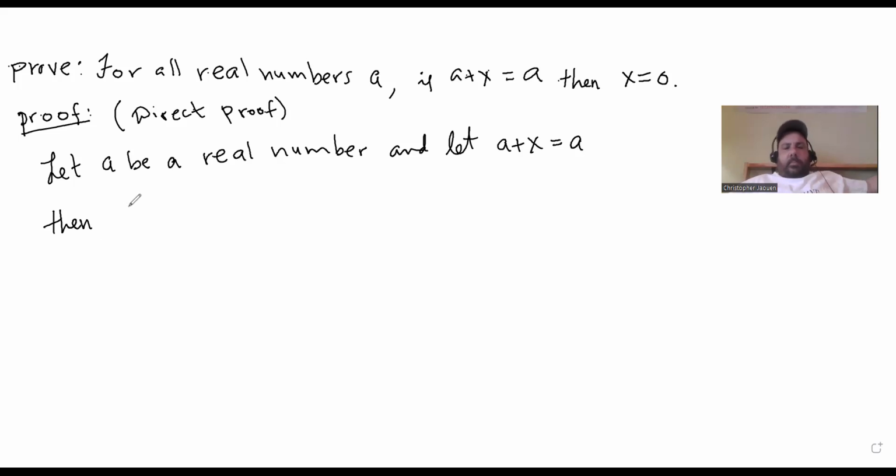Then by the existence of additive inverses, so by P3, there exists